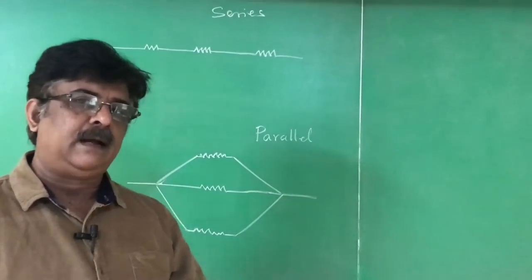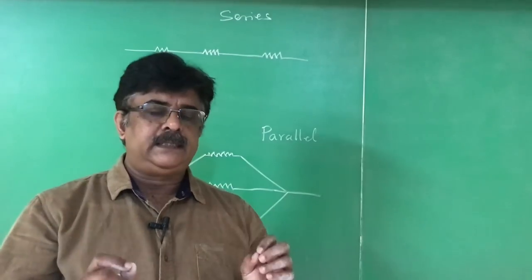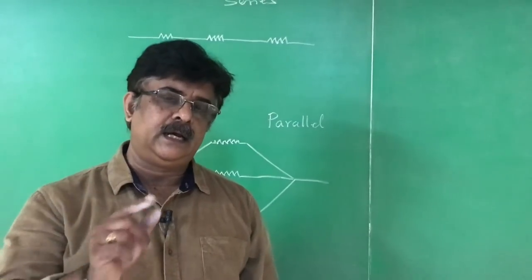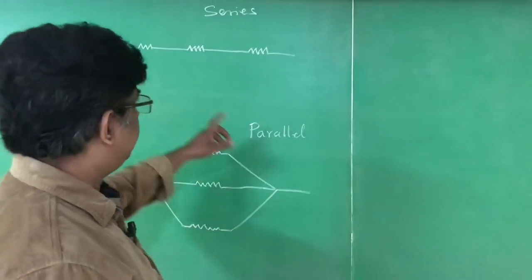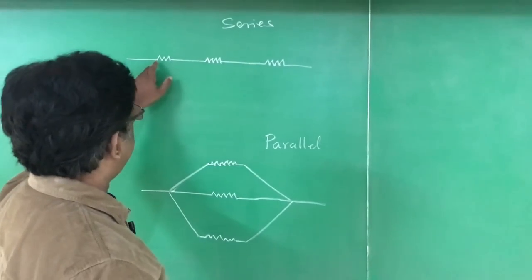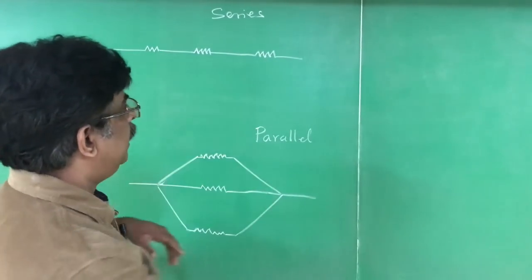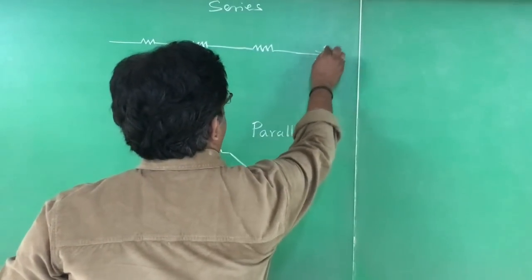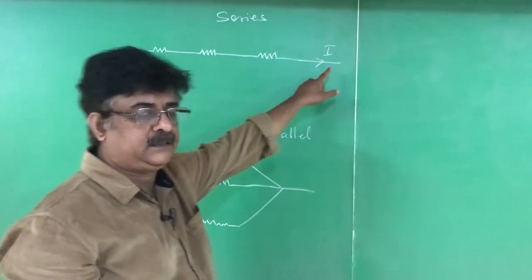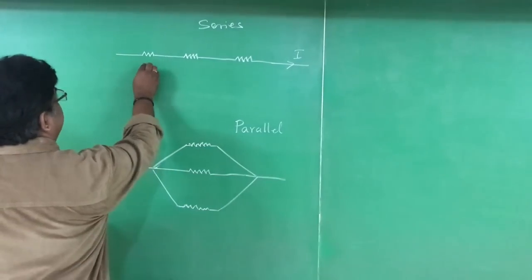So far, I completed series connection and parallel connection. Now you have to listen properly. Series connection and parallel connection, both of them have their own advantages and disadvantages. When the resistors are connected in series, imagine a situation. In our domestic purposes, in a series connection, we all know that current is constant, I is constant. The current for this resistor is constant. Imagine a situation. You purchased a TV. Let us imagine this is a TV.